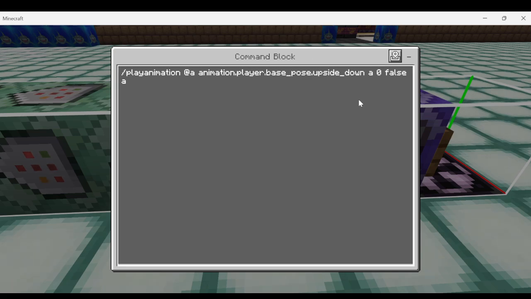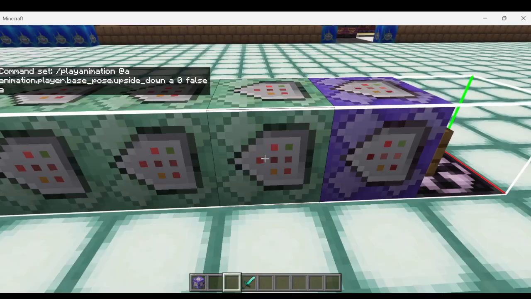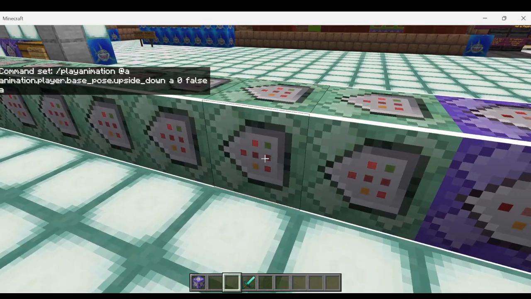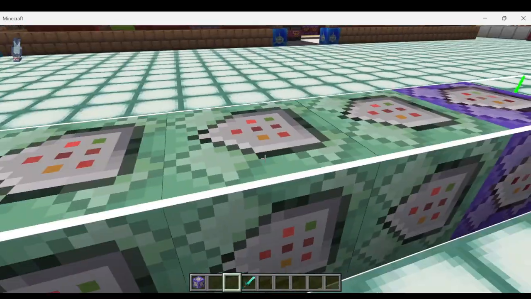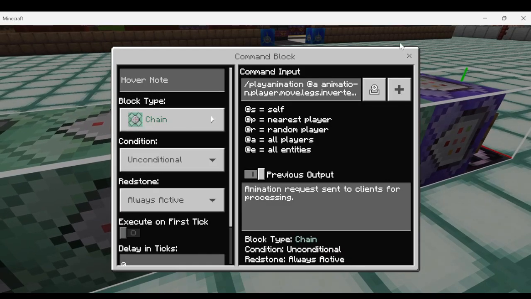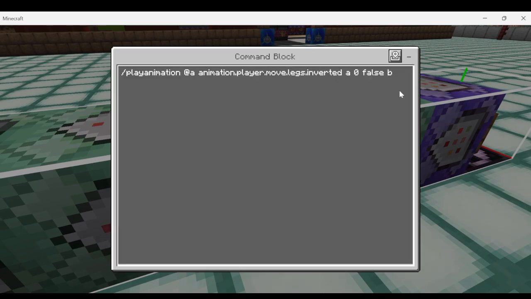So this one actually is going to be the animation that we're calling a, and we're going to call back to it pretty much in all of the commands that follow. And again, these are all going to be chain unconditional. And even if you set it up with an impulse in the beginning, they're still going to be chain unconditional, by the way. So anyways, play animation at anyone